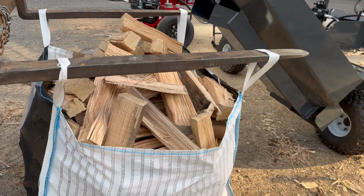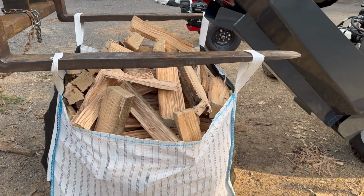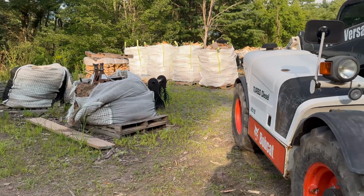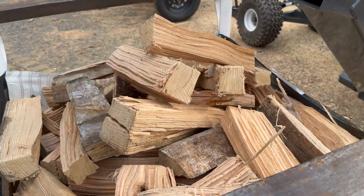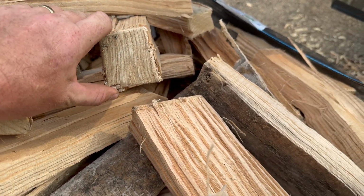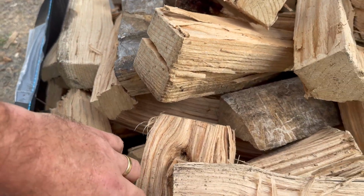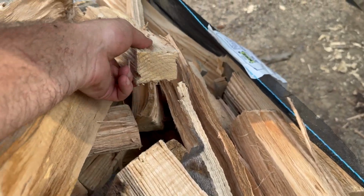And if you have a smaller tractor like a Coyote, a Kubota, or a Deere, you'll easily be able to pick this up. It's a little bit less quantity, you know, even than like an IBC tote, the bigger bags. And again, it's so nice to be able to get these beautiful square pieces out of the splitter, and it's just about effortless. I mean, everything in here is just pretty,